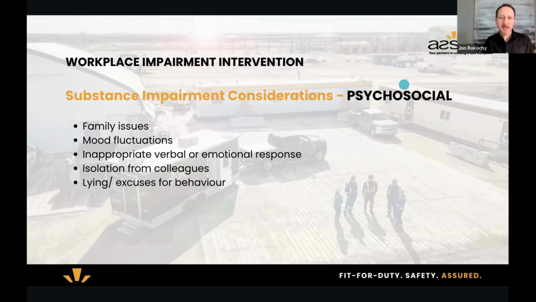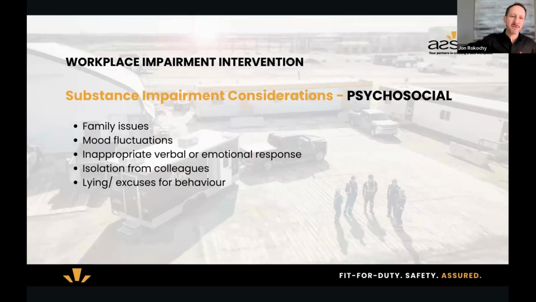So there's some physical things to look at. Here's some psychosocial considerations when considering whether this is a reasonable cause situation and whether we can request a drug and alcohol test of this worker. So if there's family issues: divorce, separation, loss or death, a new baby. A new baby could mean being up all night, and that could be why a person is tired. So of course, you're not going to take one of these situations on its own and request a test. We're going to put a few of these things together as part of the investigation. These are things to pay attention to.